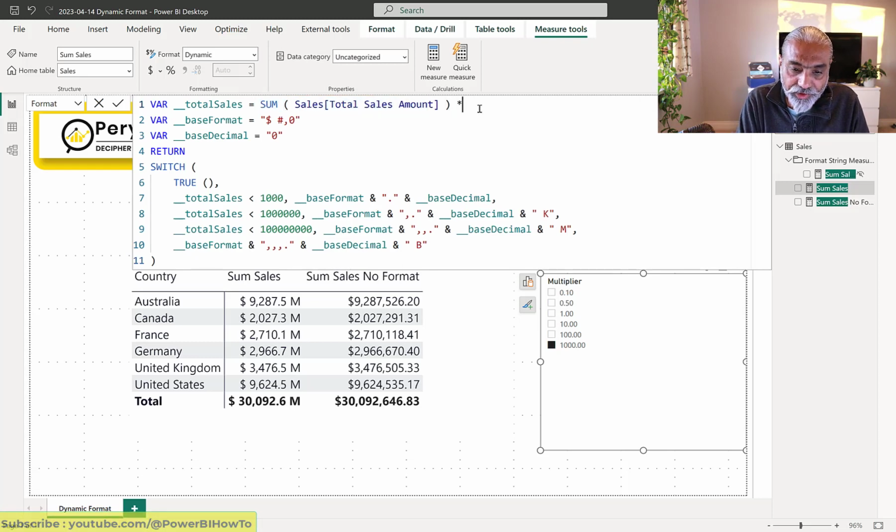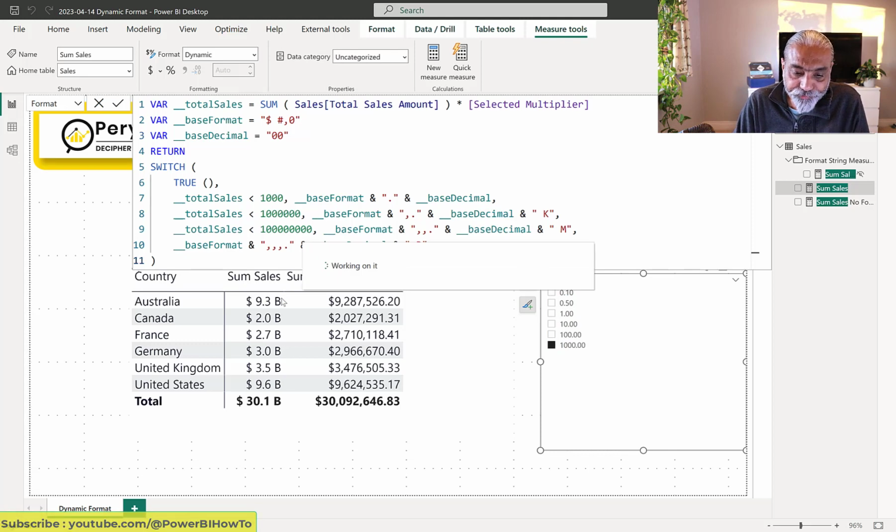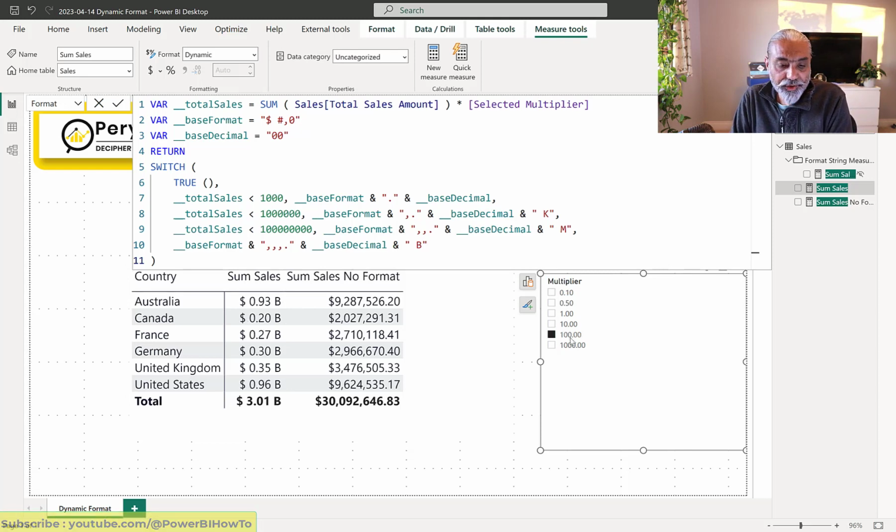I need to make sure that I also multiply it here, select multiplier, and now I expected to see the billions here all of a sudden, because now the format changed. Here you go. So 9.3 billion, 2 billion, and if I want it to be two decimal places, it would be 9.29 billion, something like that. Yeah, here you go. So now based on my selected value, so my dynamic format string is, here you